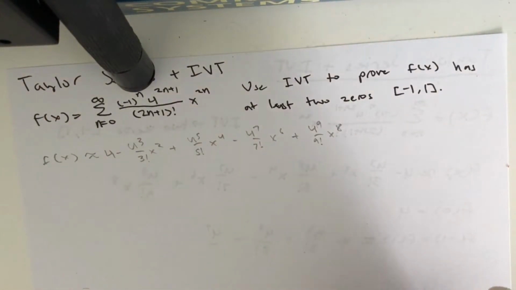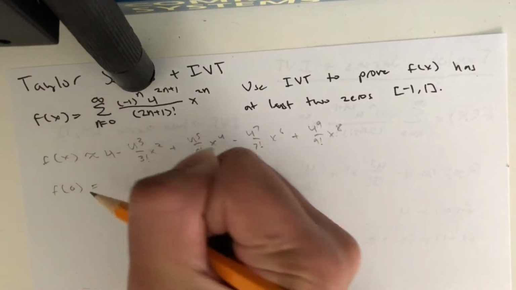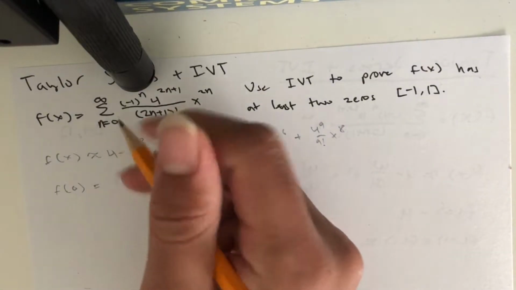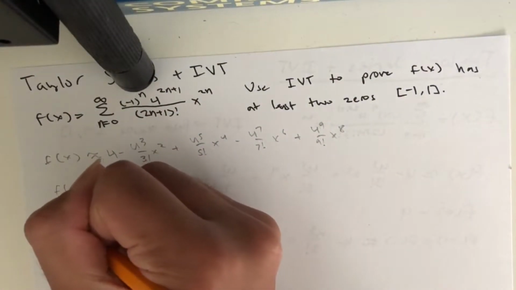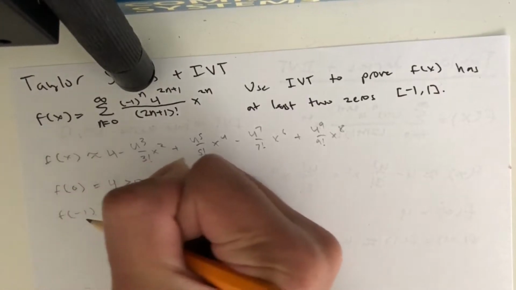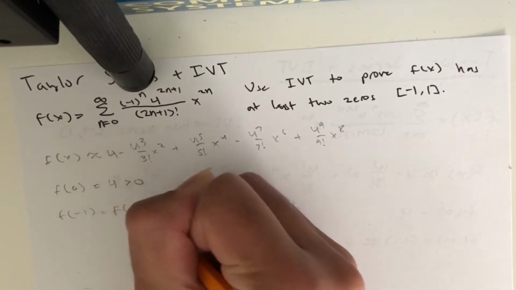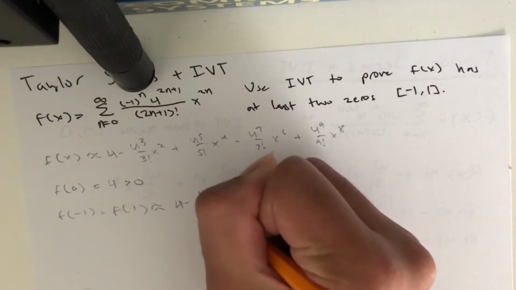So first we need to find out if f of 0 is positive or negative. F of 0 is, once we plug in 0 for x, all these other terms go away and we're left with the first term, which is 4, greater than 0. Next, we can approximate f of -1, but we can realize that this is an even function, meaning that f of -1 is also equal to f of 1, and this is approximately 4 minus 4 to the third over